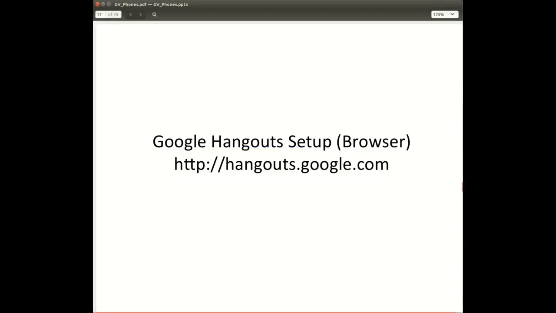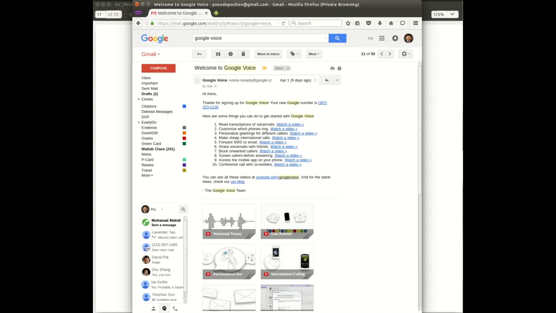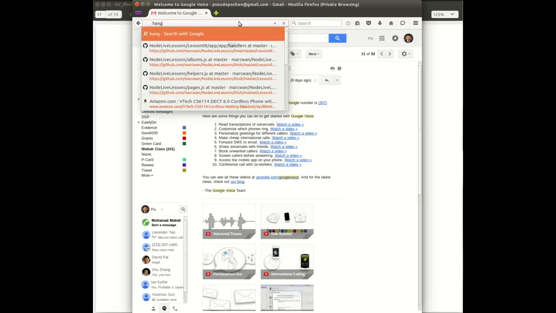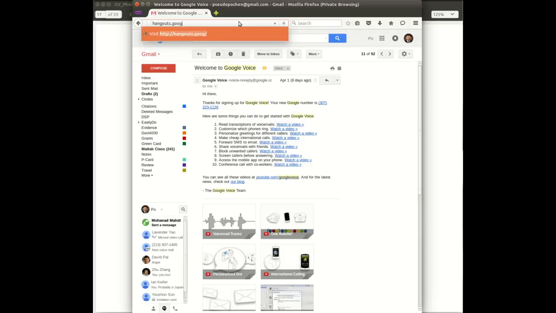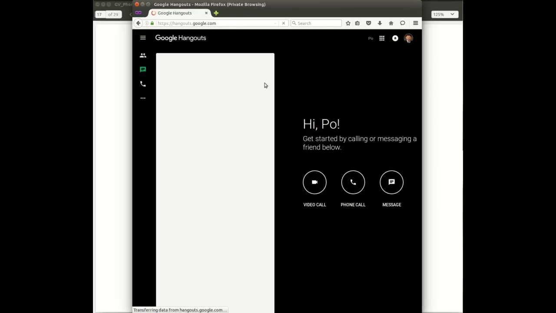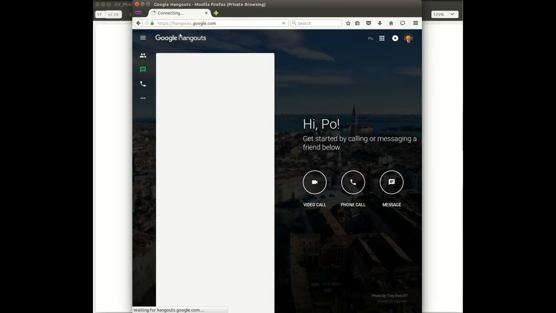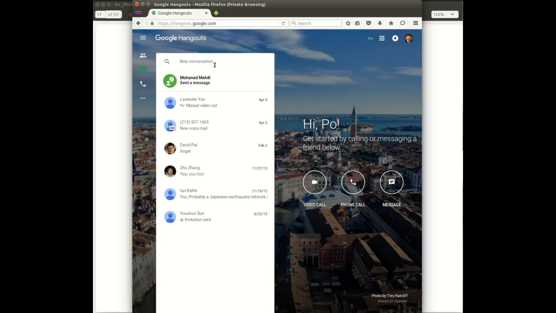web address. So if I just type Hangouts, then I come to my Google Hangouts webpage. It's a web application. It's an application that runs in your browser, right? So here you have 3 buttons. You can make phone calls, you can make video calls, you can do text messages, and it doesn't have to